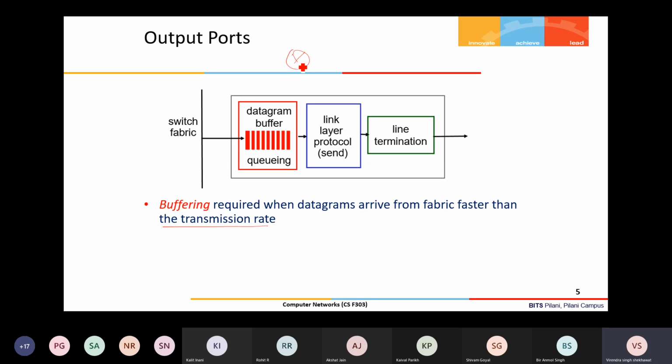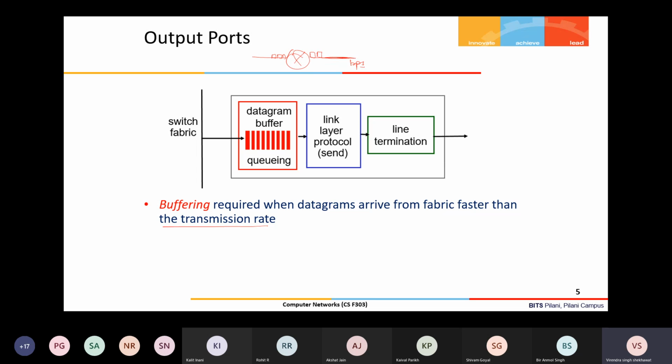So let us say this is a router and this is the input. From input to output, at the input port buffering can be there. Once it is transferred to the respective output port, here also buffering can be there. The rate here is in bits per second, and the rate at which the packet can be transmitted is lesser than your fabric speed.